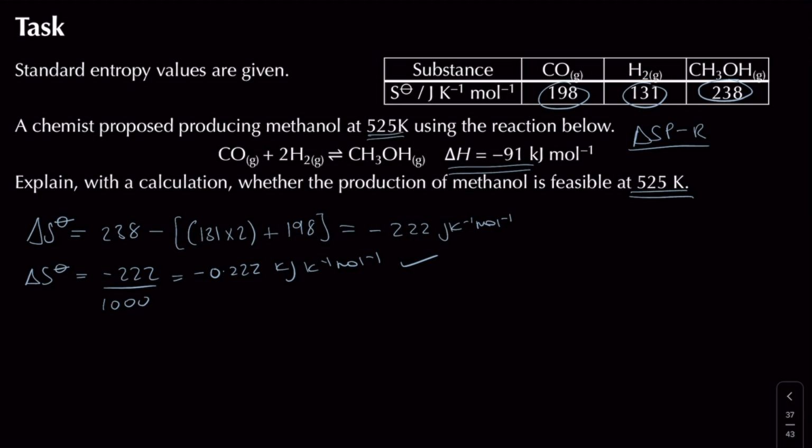The next thing is of course I've been given delta H, but just be aware you could be asked to calculate delta H by using combustion data, Q equals MC delta T, lots of different ways to calculate delta H, but in this case we're going with this. And yeah, to find delta G,